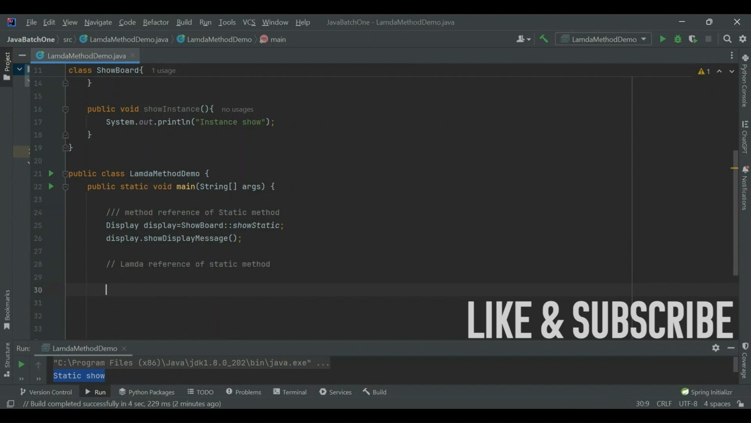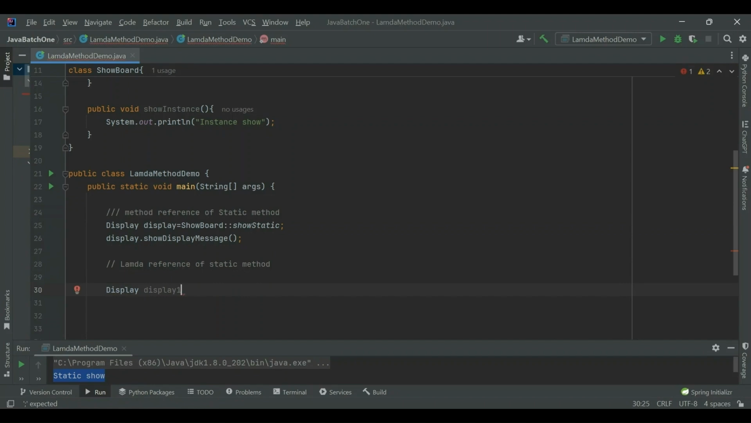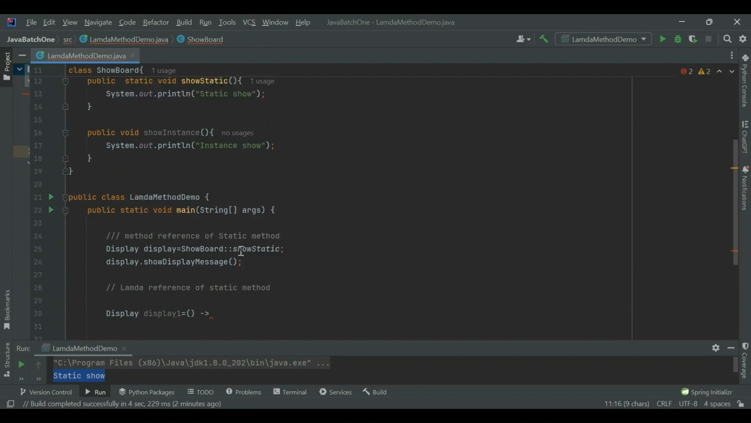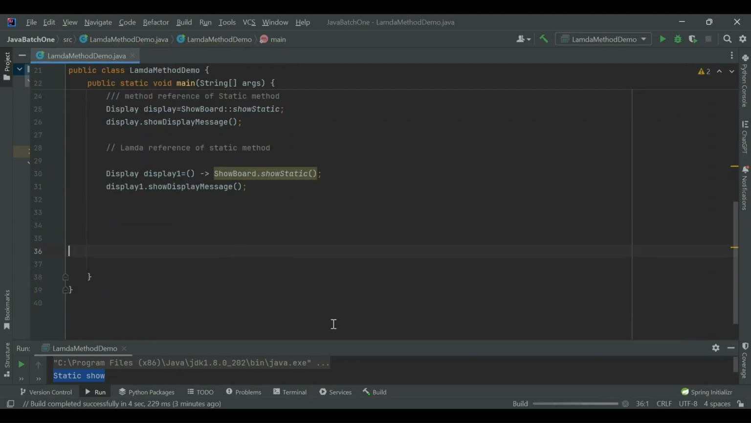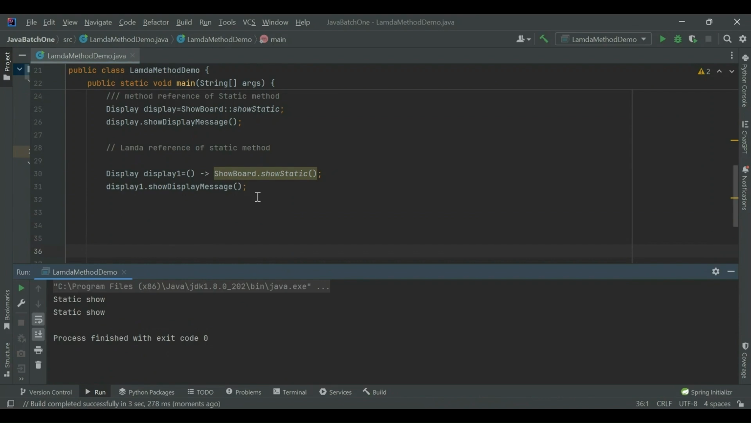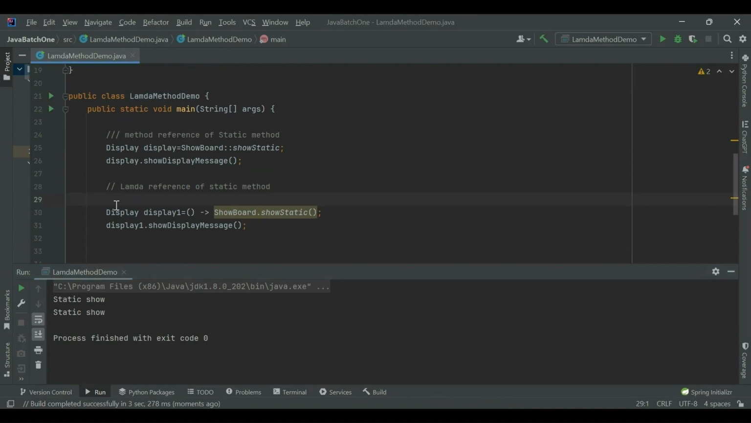For this, your first step is definitely calling your interface and creating a reference variable for that, which in this case is Display, and display1 is going to be my reference variable. To call your lambda, you will need parentheses, the lambda operator, then your ShowBoard class name dot showStatic. Next, use your reference variable, display1, dot call showDisplayMessage. Now when we run this, we'll see the same static show message appearing, but this time we used lambda to